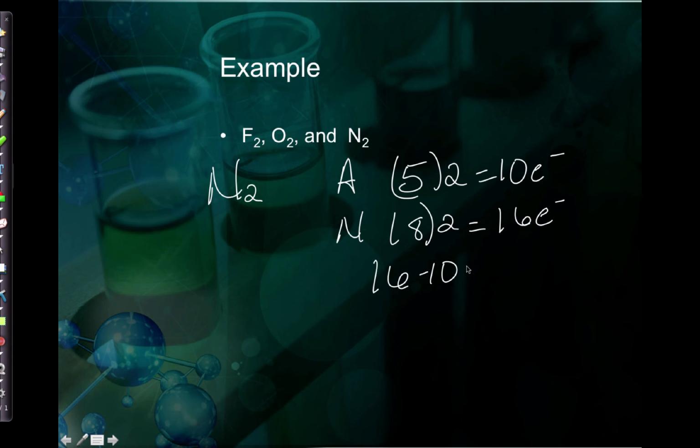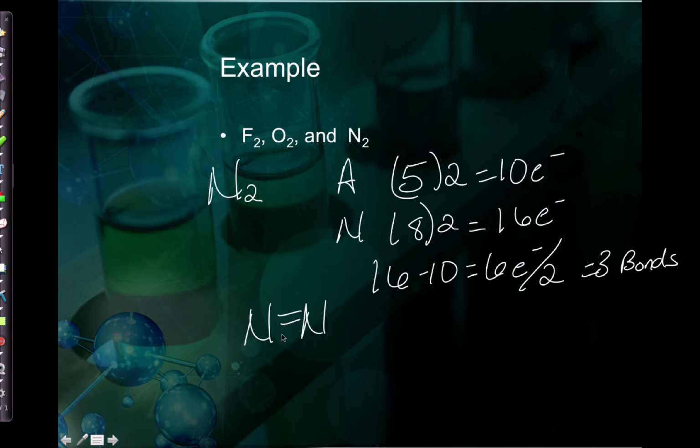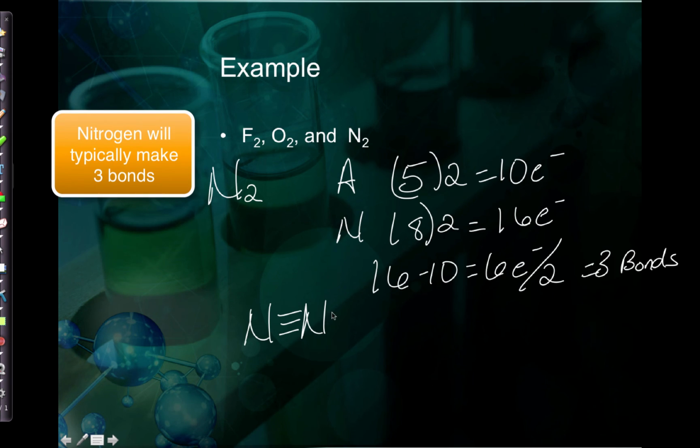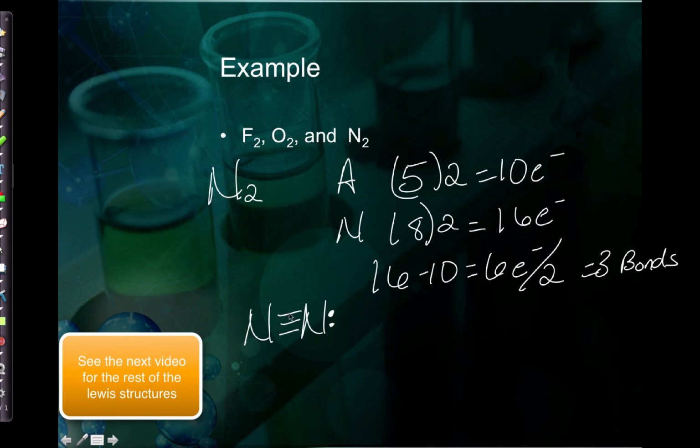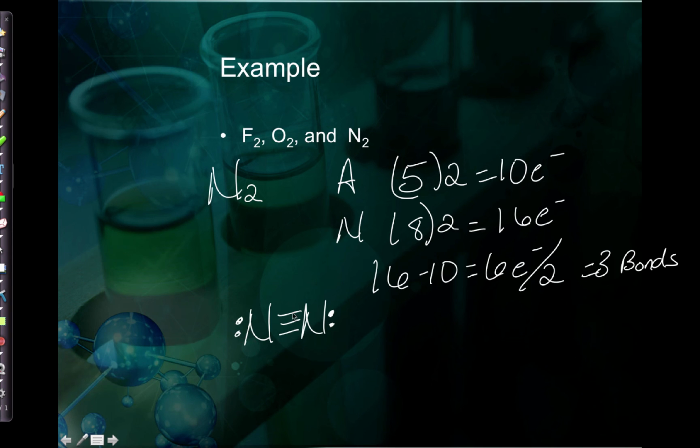So 16 minus the 10 would give me 6 electrons. Each bond is 2, so I will get 3 bonds for this molecule. And if you look in the tips, nitrogen likes to make 3 bonds. So usually in molecules, it's going to make 3 bonds. All right, so now I've got 2, 4, 6 electrons. So now I've got 4 more electrons to distribute. So 2, 4, 6, 8, it is satisfied. I move on. 2, 4, 6, 8, it's satisfied. So now I have 10 electrons